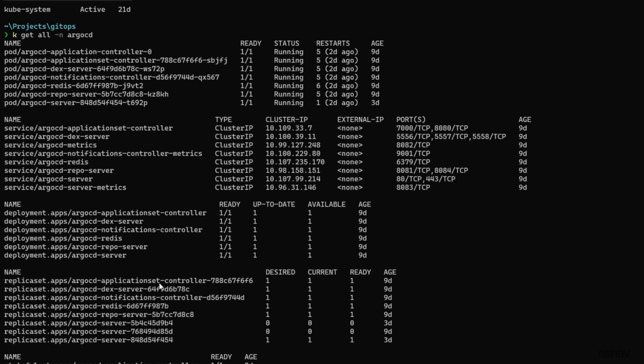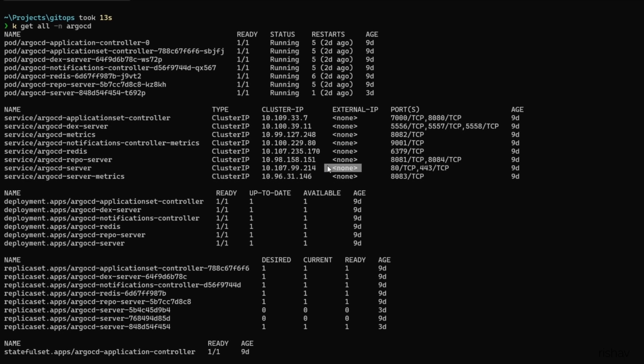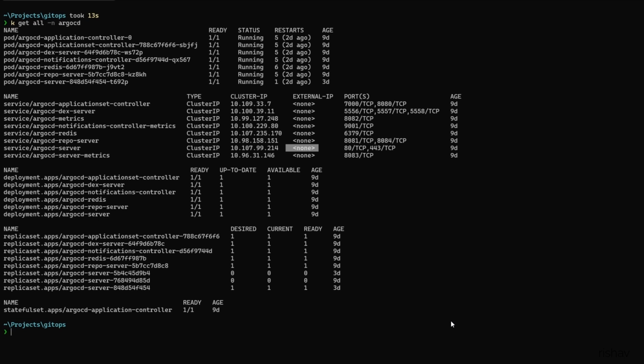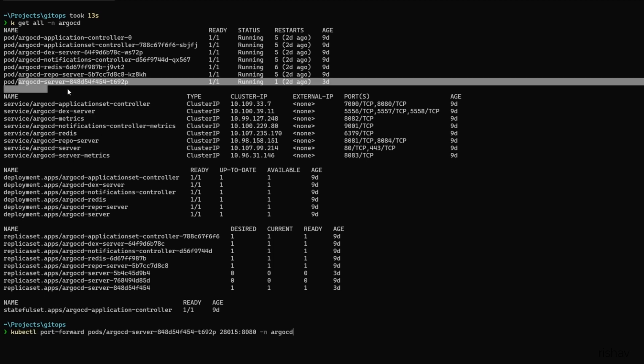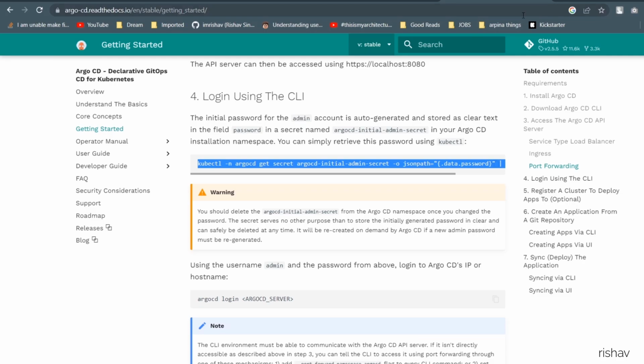Okay, now if you're working with an external cluster or on the cloud like EKS and all that stuff, you will get an external IP, or the IP address from where you can connect to your cluster. It will be printed up here if you're working with that, but in our case we are working locally. So what we are going to do here is port forward this service so that ArgoCD can use it. So we will use some helper function here to port forward it, and we will target this pod running the ArgoCD server, and I will change the port of this one, something like 4001, and the namespace will be ArgoCD. As soon as you press enter, you can go to that port,